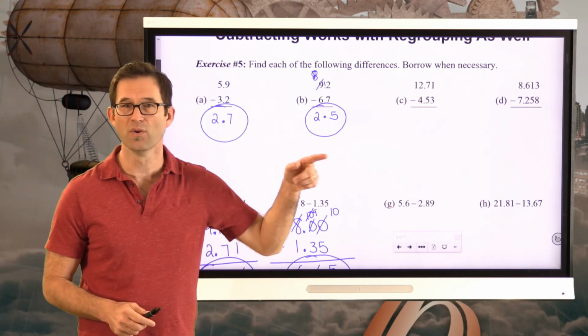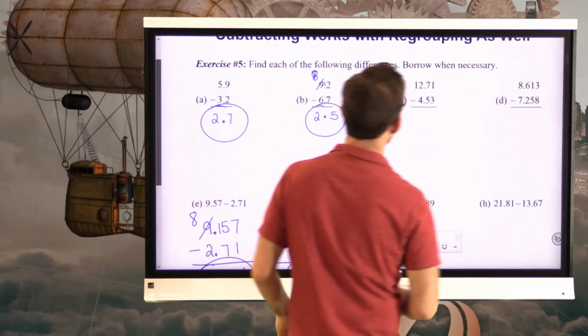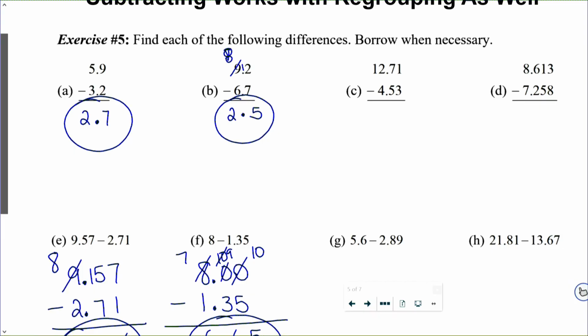All right, let's do it with letter C. Here we go. And again, I'm just looking at 1,271 minus 453. That 1 is not big enough for the 3, so I'm going to borrow 1 from the 7, make that into an 11. 11 minus 3 is 8. 6 minus 5, thankfully, is 1. And then I can do 12 minus 4, and I get